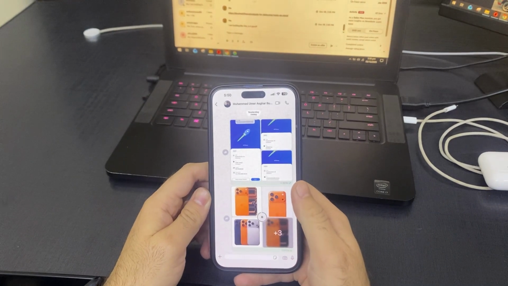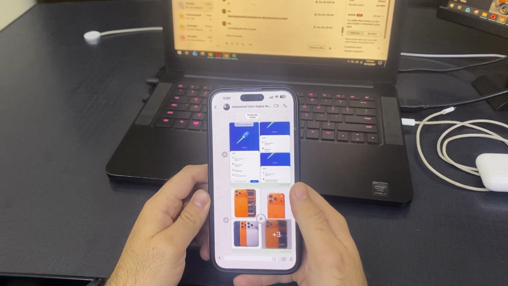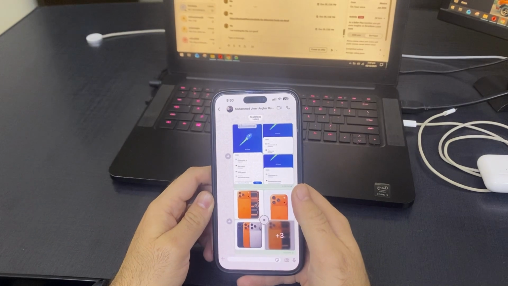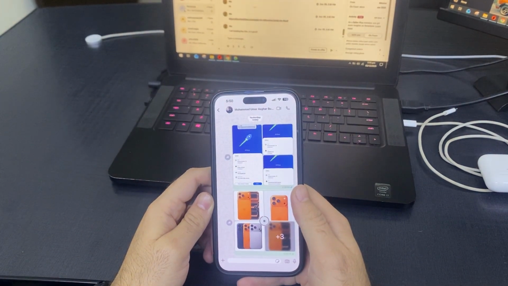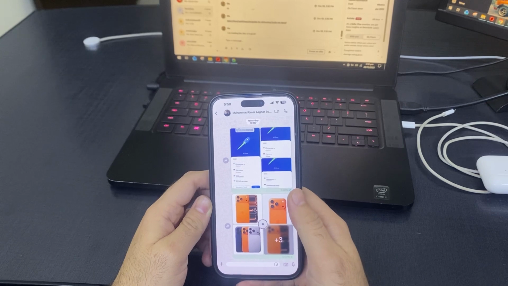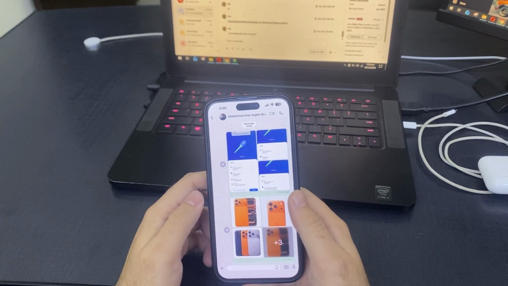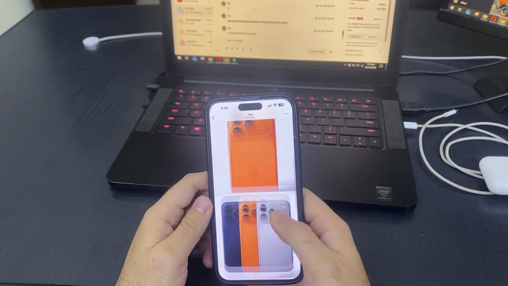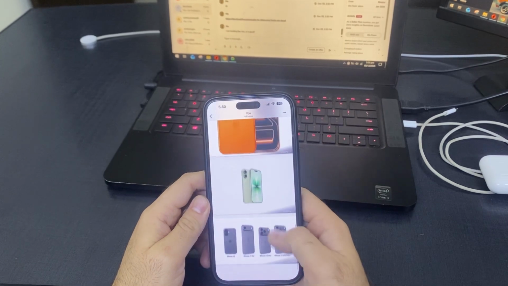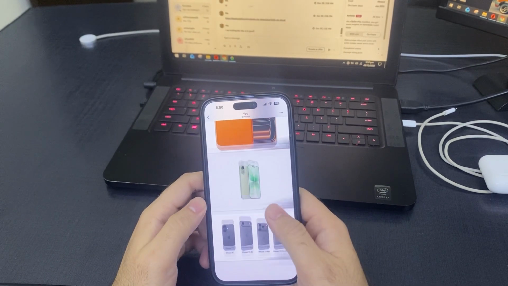No downloading, no saving to camera roll, no extra steps. Just drag, hold, and drop. This is one of the smoothest ways to share images quickly, especially when you don't want to fill up your storage with unnecessary downloads. So, next time you need to send reference photos, wallpapers, or any kind of images from